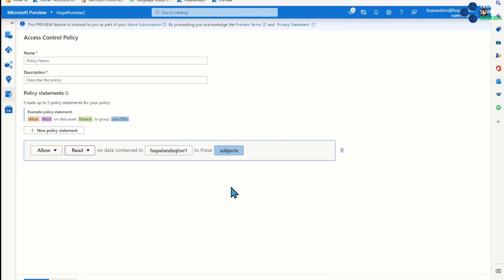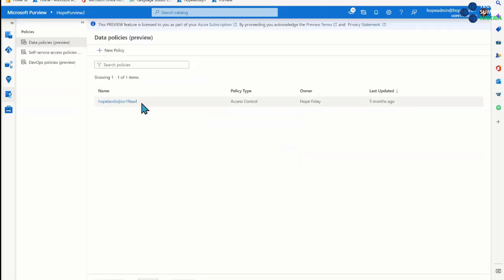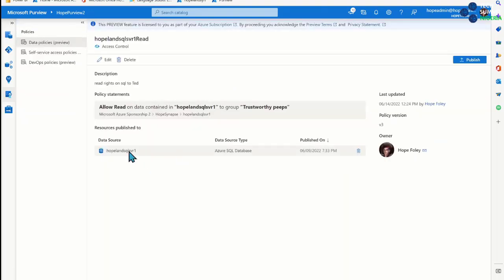So this is definitely getting into the governance, allowing one tool to be a situation where we can assign rights to the sources as well. So I have one already. You can see here, this is allowing read to a group called Trustworthy Peeps in my environment.